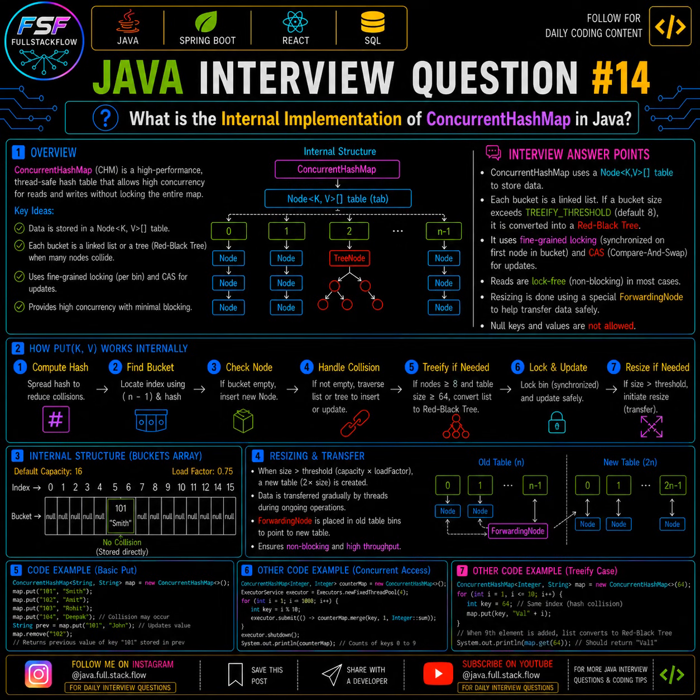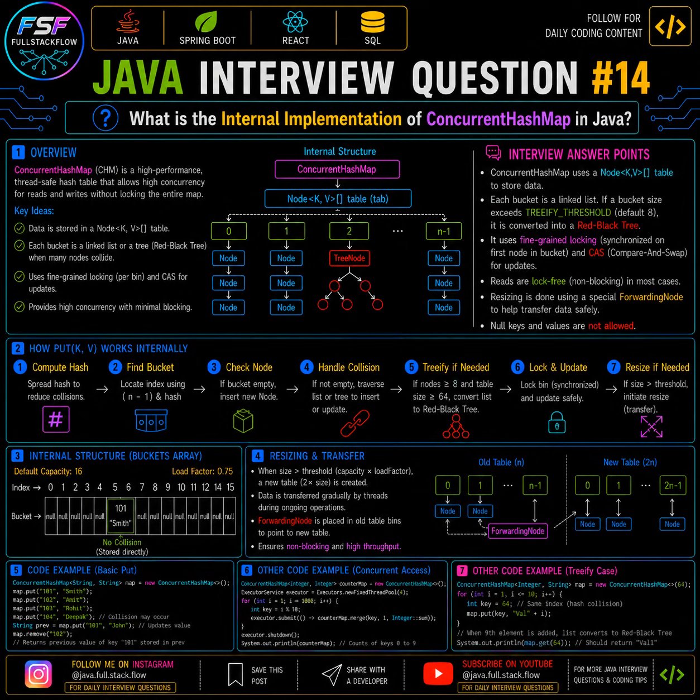Now look at the key ideas in this image. The first key idea is data is stored in a Node array, the table, of key and value. Think of it as an array of buckets where each bucket stores one or more nodes. The second key idea is every bucket initially stores a linked list. If too many elements are stored in the same bucket, Java automatically converts that linked list into a red-black tree